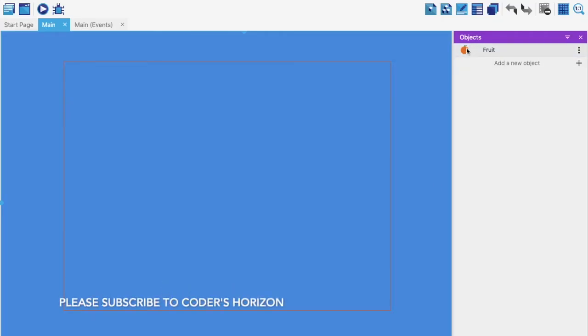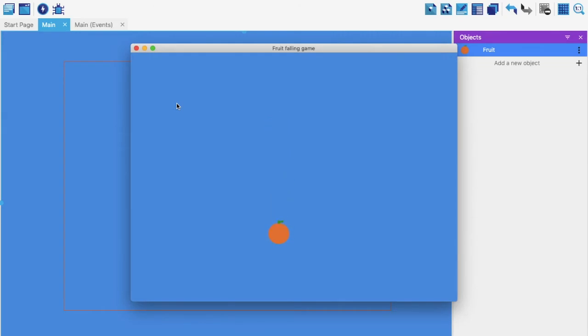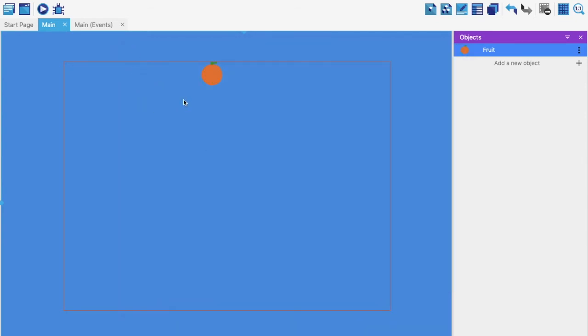So what I'm going to do is, obviously if I put one fruit over here like this and if I play this game, this fruit will simply fall once and then it stops, right? Because I haven't really given any condition or any event where I want the fruit to again and again drop from here. Now this is the main feature of this game, and this is what makes this code a little bit different than a regular code.